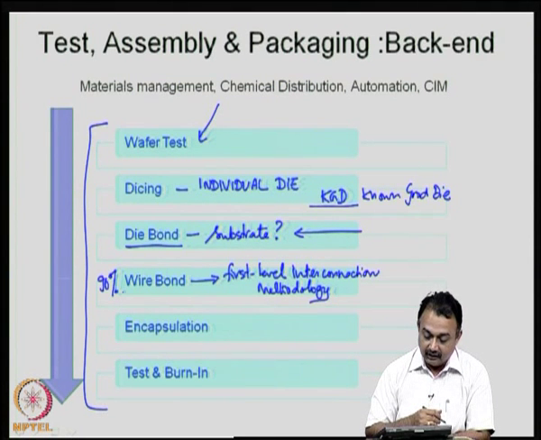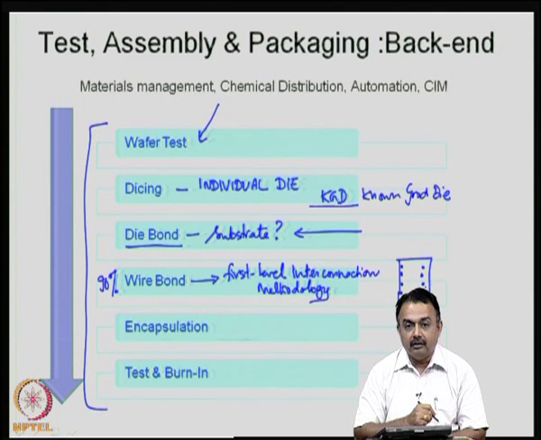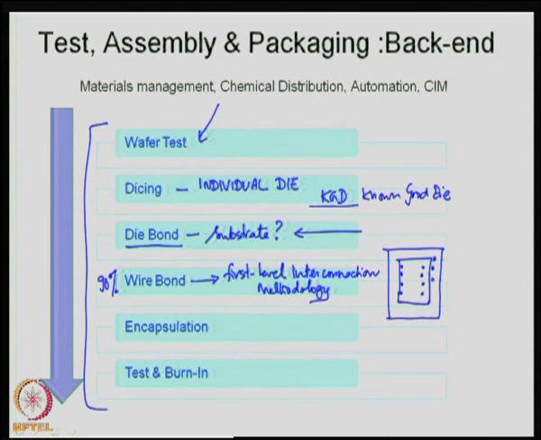Once the wire bonding is done, okay, so basically if you look schematically, there is a die that you have singulated, and for example, these are the bond pads that you are seeing on the die. Okay. So, this requires to be mounted on a substrate. The substrate will also have a bond pad in the periphery. Now, the wire bonding process will take place between the die bond pad and the bond pad on the substrate.